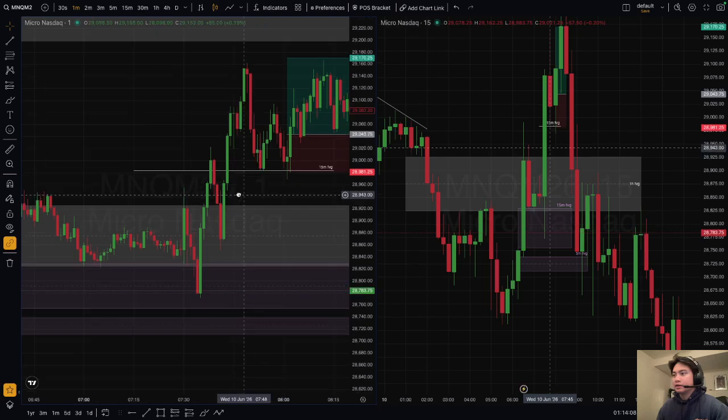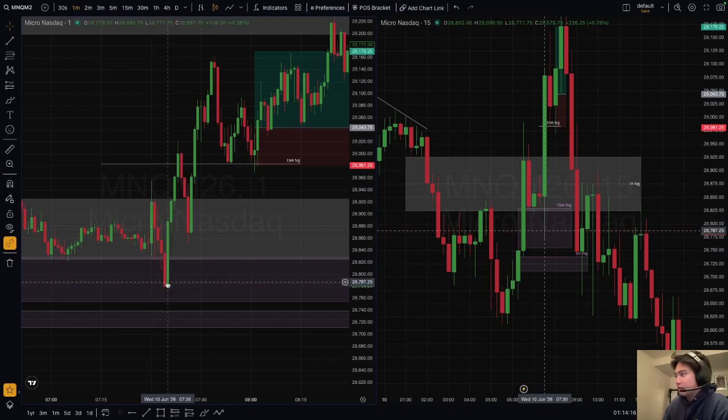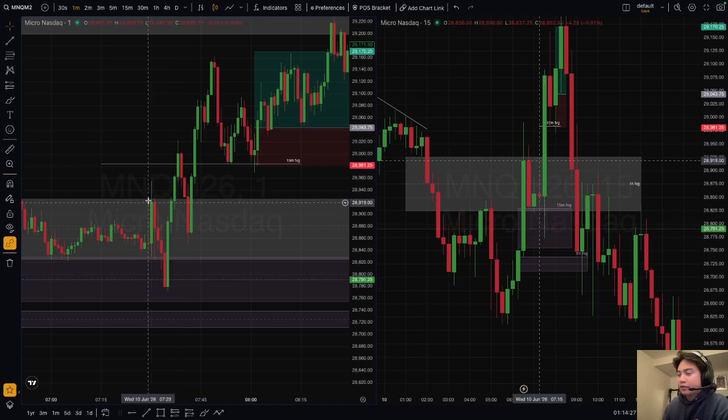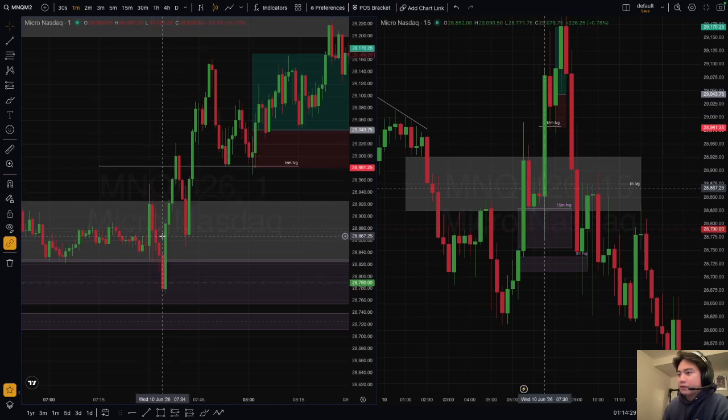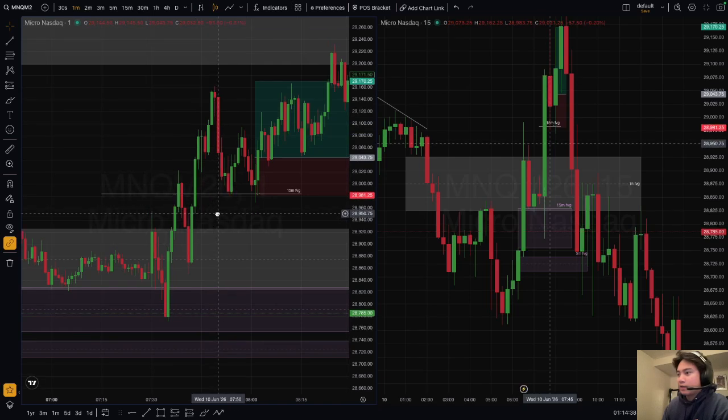In the 1 minute, we have 7:30. We did have a 7:30 manipulation into that 15-minute gap that I was talking about, but no IFVG, but there was a CISD, so that's a confirmation that price wants to go higher. Could have entered off of this 1 minute retap here. That would have worked for 1 to 2, but I was